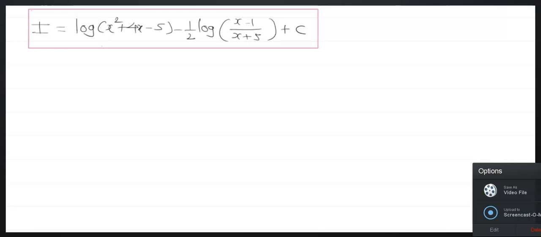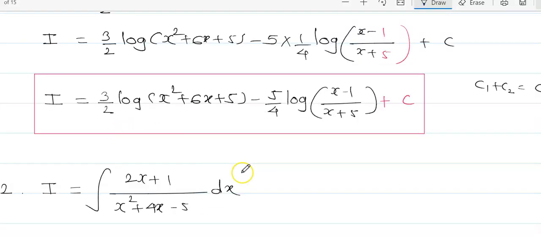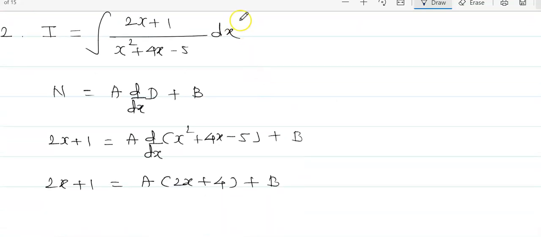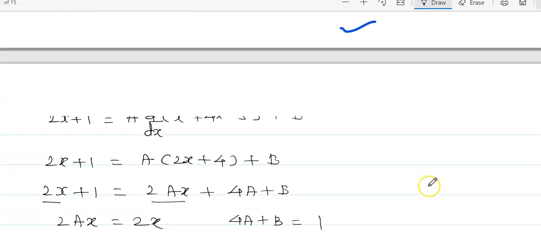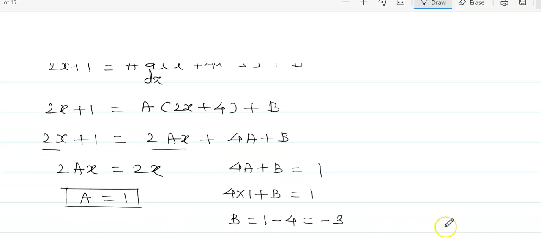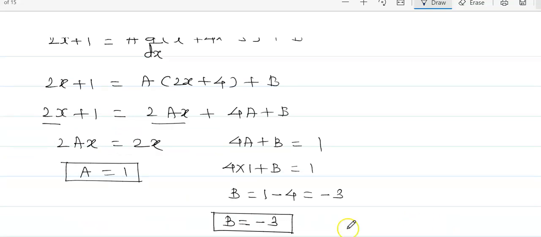Now, again, you can see this. If you want to write down these steps for the example number 2, see this, numerator is equals to a into d dx of the denominator plus b. Up to this step you can write. Now the next is, these are the steps. The value of a, value of b,